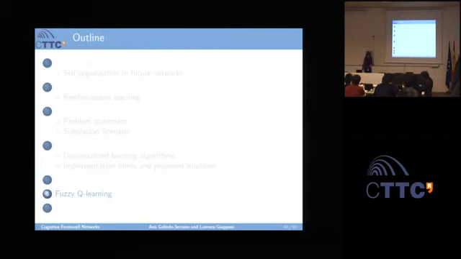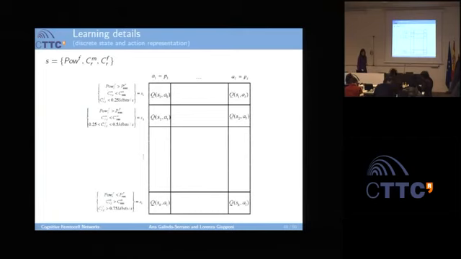So, okay, I think we don't have much time, so I just want you to have the idea about fuzzy learning. For the state representation we need to use some thresholds. In our case, what we did was to know if the total transmission power was above or below the threshold, and the same for the capacity, above or below the threshold, but we don't know how far we are. And for the capacity of the femtocells, we also just set some threshold. We will have a very inaccurate state representation.